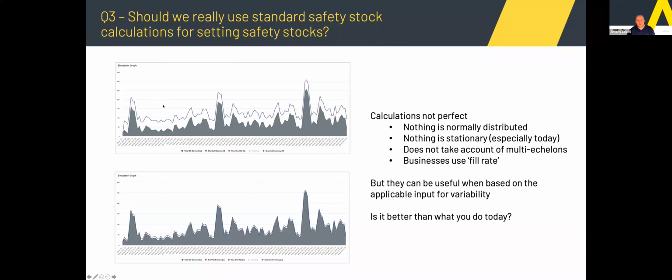So the first graph shows pure demand variability as the input to the safety stock calculation. And we can see we're carrying a lot of safety stock. With a high forecast accuracy for this trend seasonal product, because we've done forecast decomposition, we just don't need this much safety stock, and the standard safety stock formula gets itself a bad name. However, if we measure the forecast error, or the residual variability once trend and seasonality is removed, we get a much lower safety stock for the same demand pattern. And this is much more realistic to achieve the service levels.